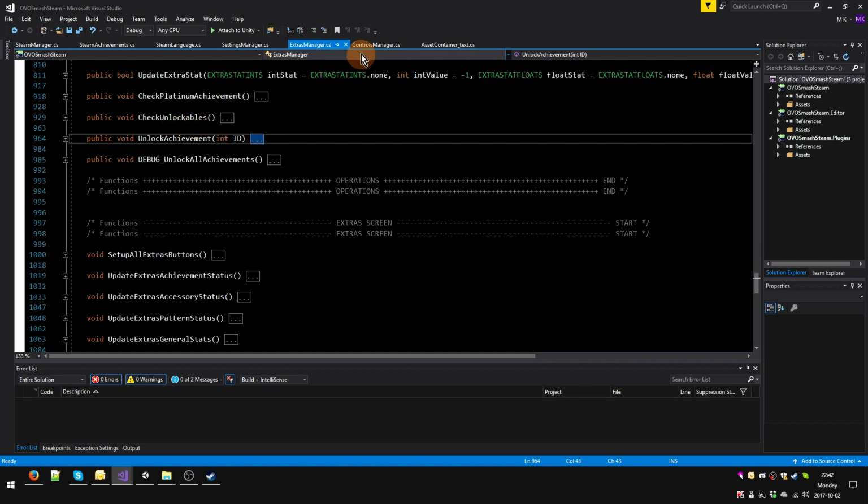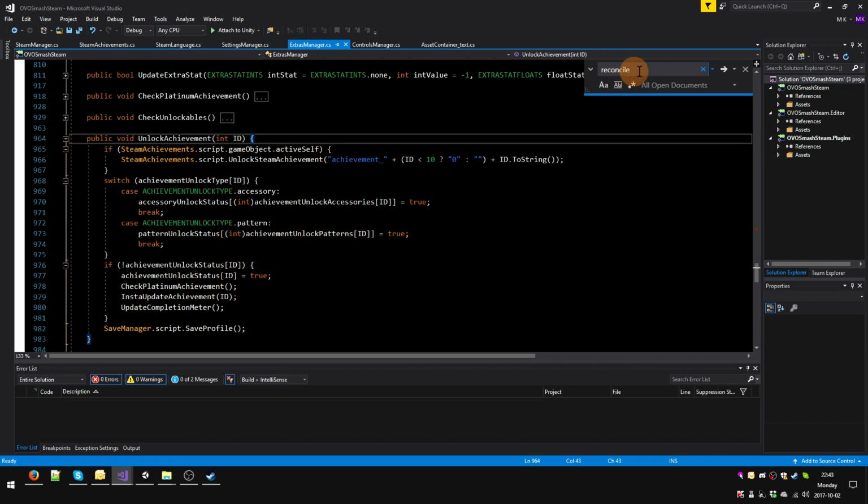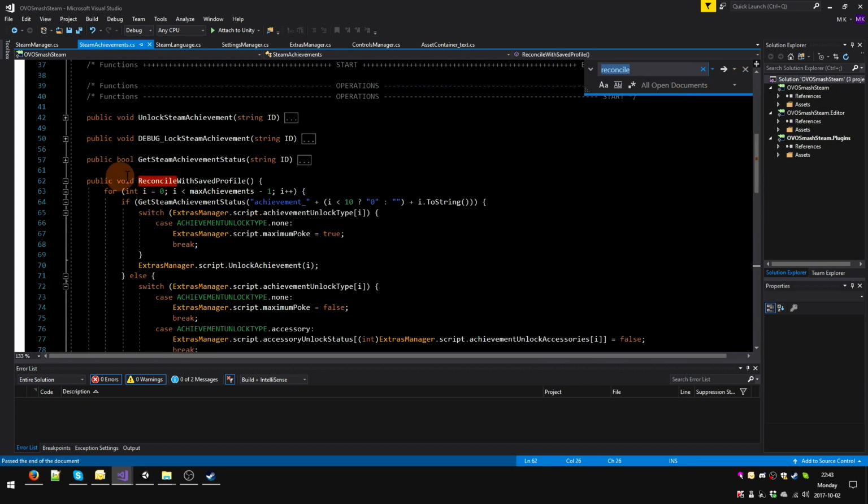Now, all of these get unlocked and everything like that. One thing that we also do, I can't remember how often, but let me take a look. Reconcile. Should be somewhere here. Okay, there it is. It's in start. Reconcile with save profile. Right there. So inside start, I call this particular function on my extras manager. Every time the game is booted, I immediately check that everything matches. Say, for example, if I have more achievements unlocked on Steam than I have locally, then I'll update all of the local stuff, right? Vice versa, I'll downgrade my local stuff,